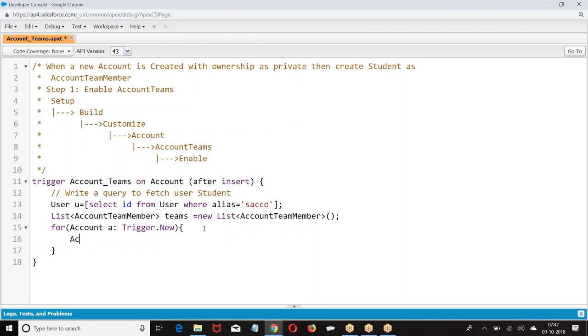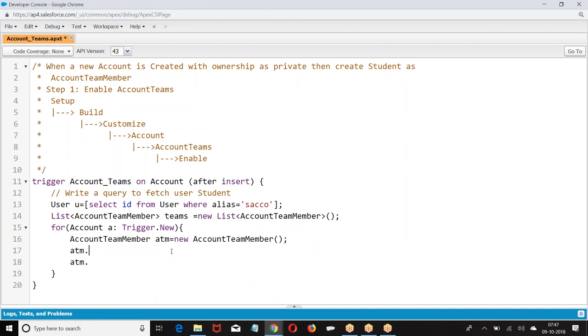Then I'm trying to create a team member, ATM. On which account are we trying to create it? ATM dot account ID. On this account we are trying to create.